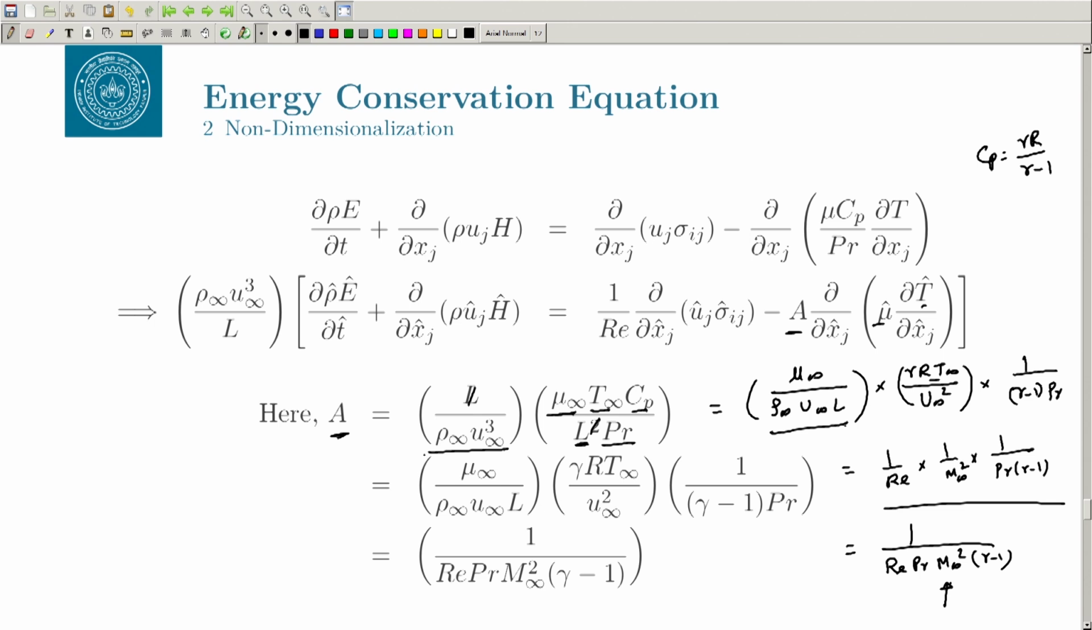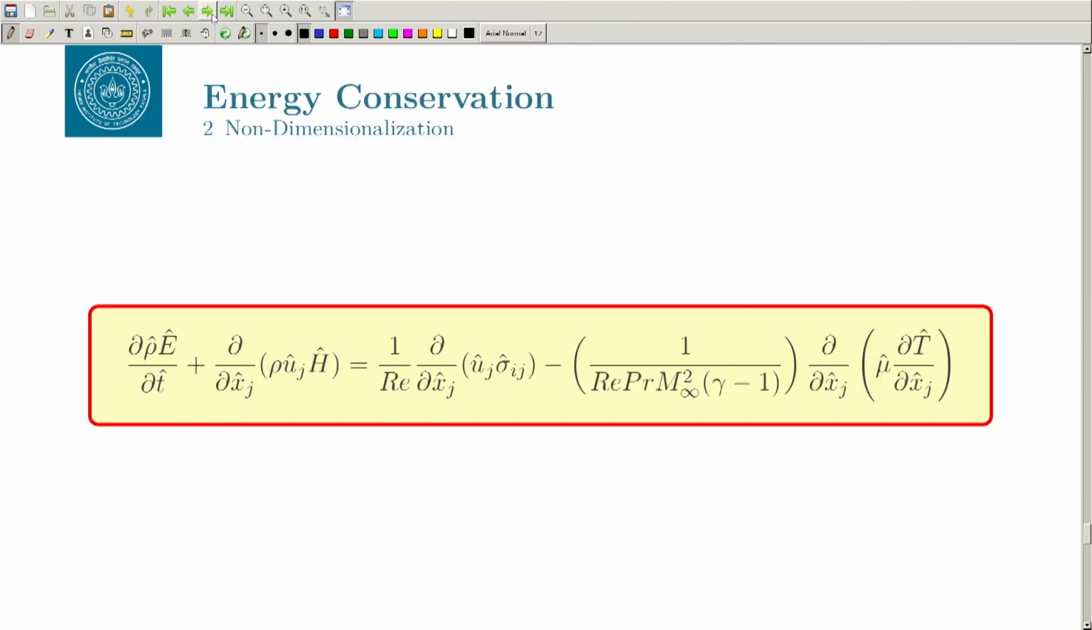That is why this Mach number does not appear in your momentum and your mass conservation equation, right, because when the flow is incompressible, you do not need an energy equation, right. So, you do not need a Mach number there, but for a compressible flow your Mach number comes here in the thermal conductivity term, right. So, you can finally express your